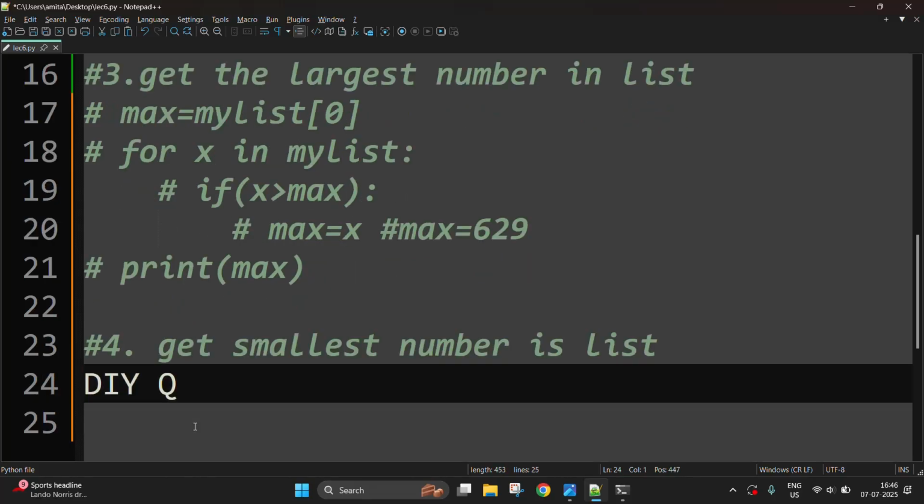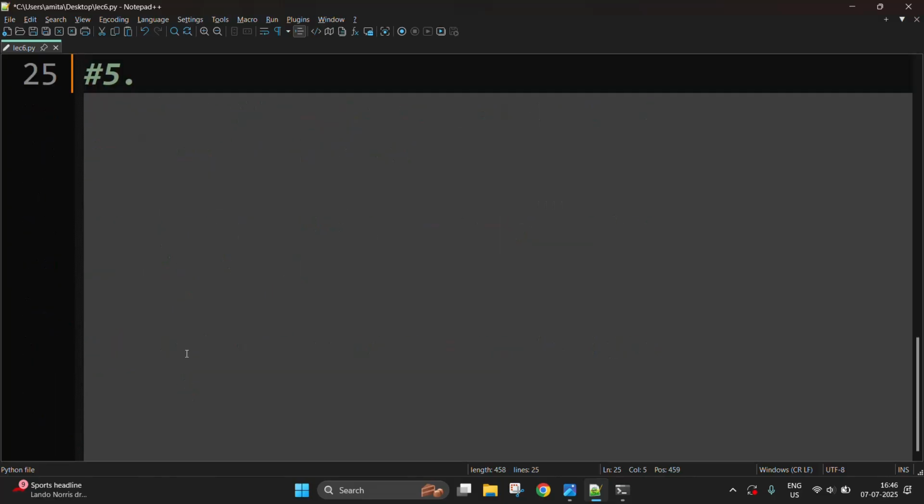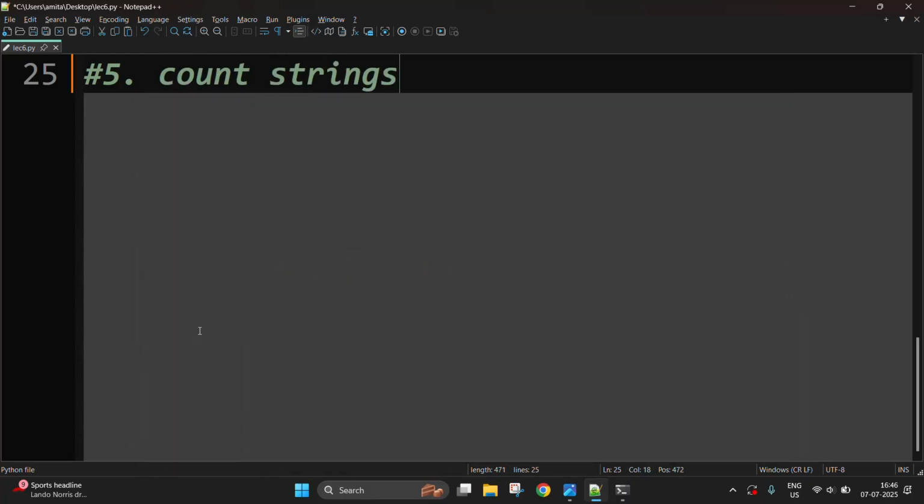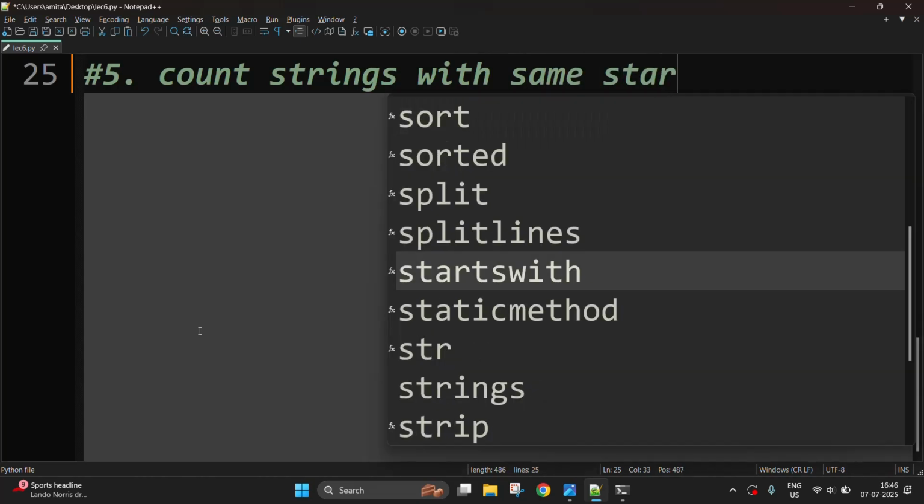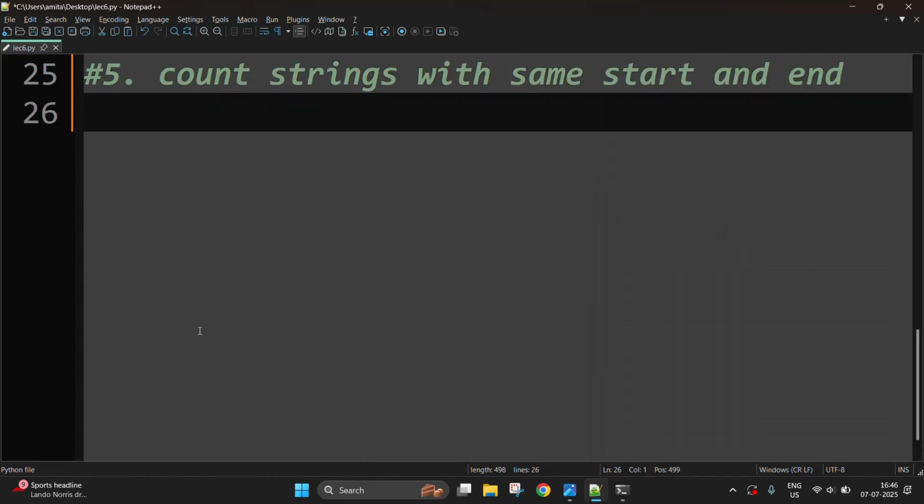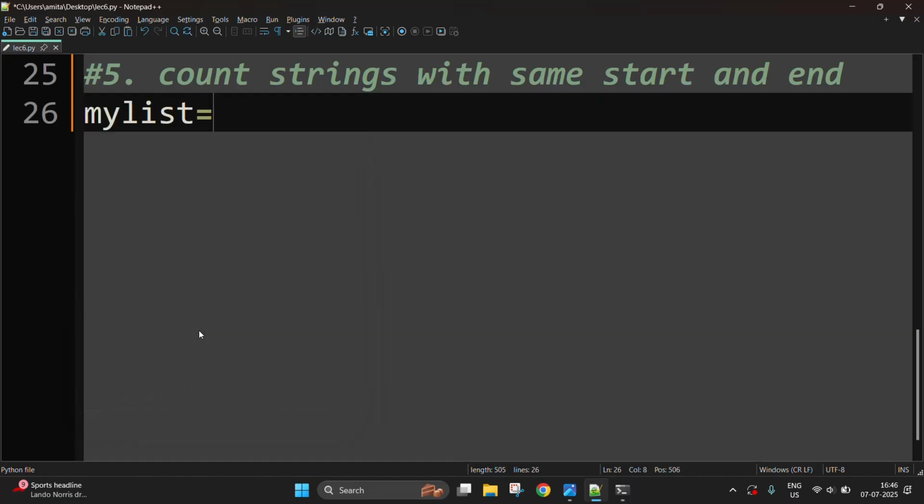Let's move to another one. So our fifth program is to count strings with same start and end. In this, first we'll define a list. My list is equal to